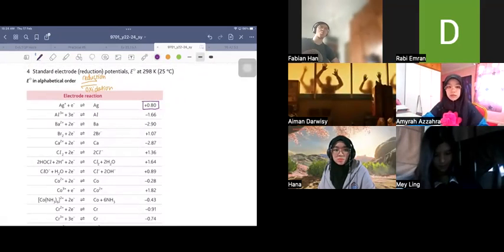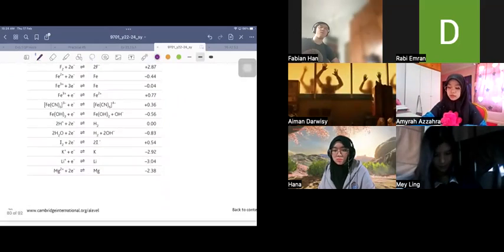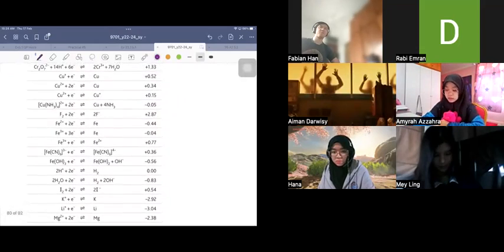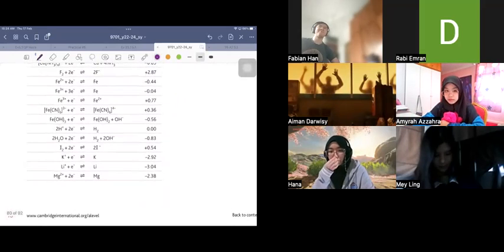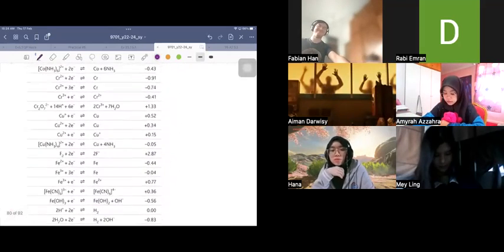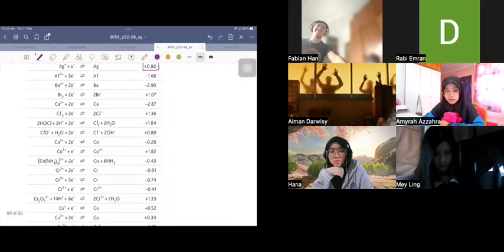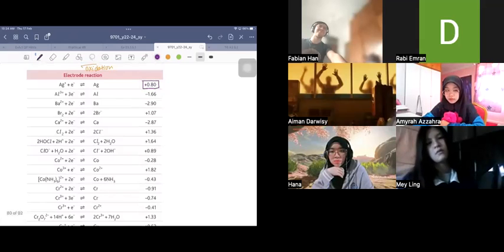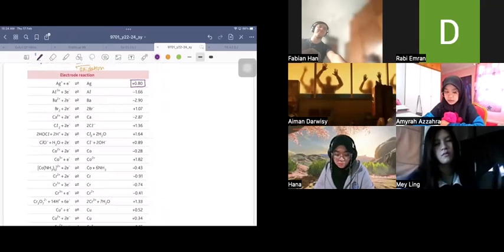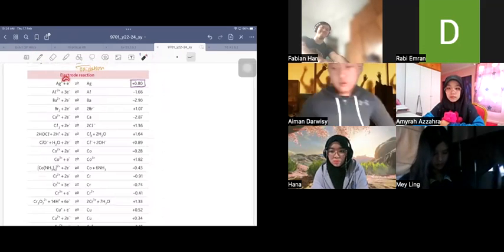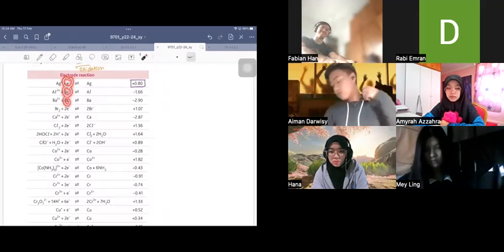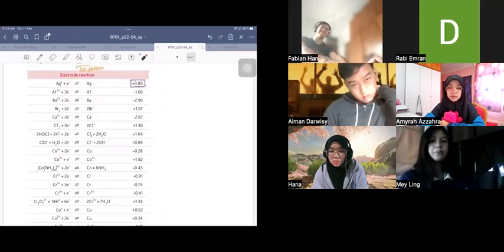Okay, so it's on page 78 or page 80, whichever that is, but on the document it says page 78. So what you have here is a list of half equations. They are called half equations because the electrons are shown. You have come across half equations in your AS